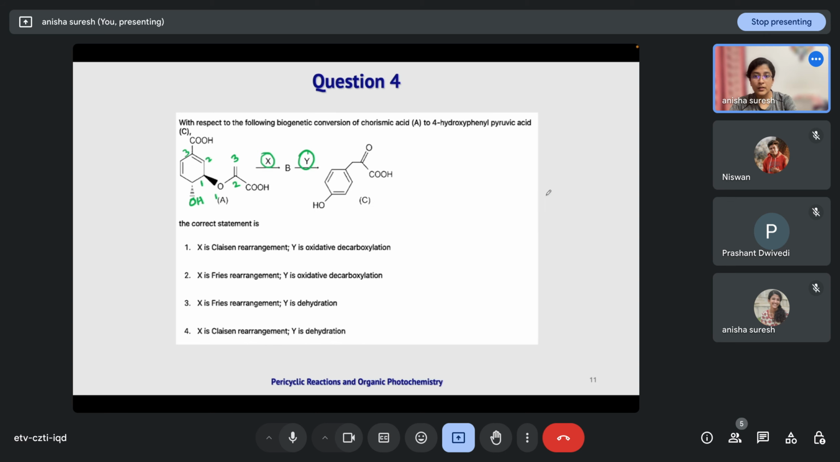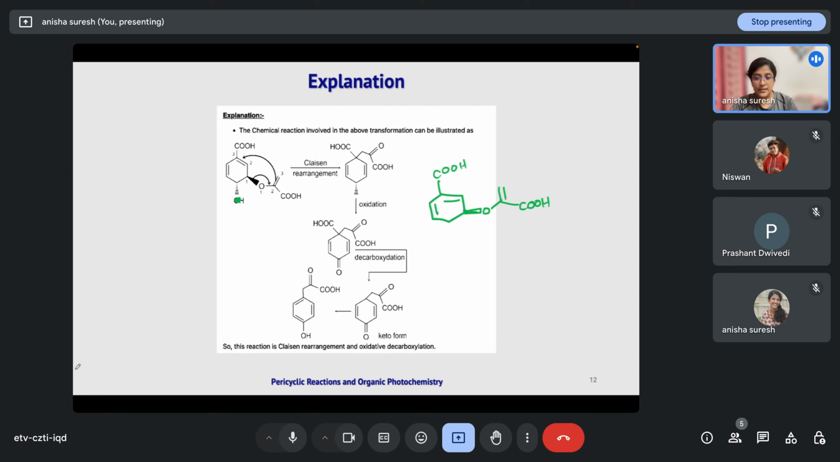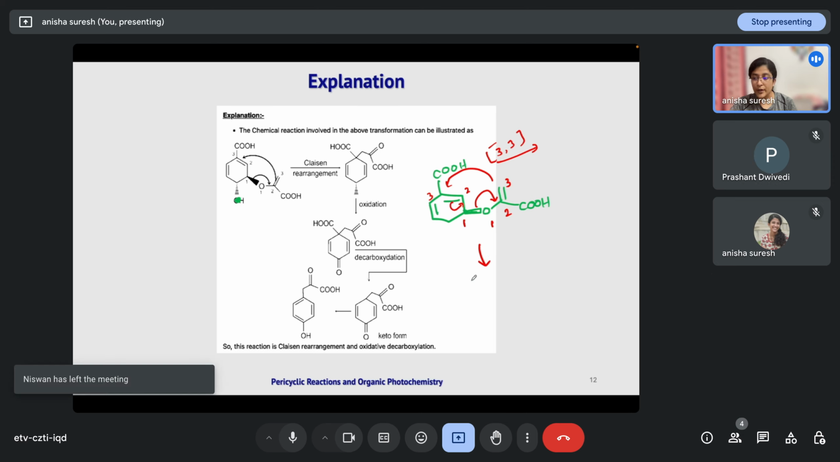Hmm. So this is 3, 2, 1, 2, 3. So a 3,3 sigmatropic rearrangement will take place like this, and the resulting product will be